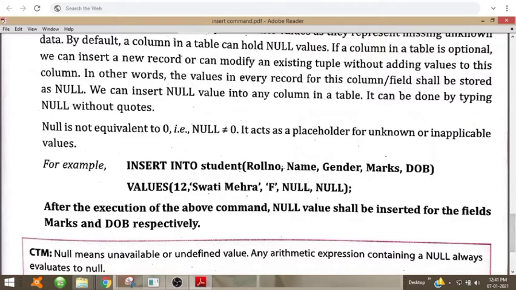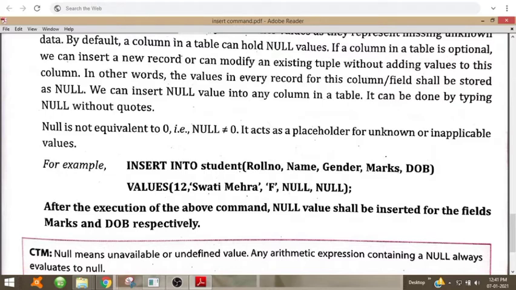You can see this example. Insert into student, roll number, name, gender, marks, date of birth. These are the column names. Then values in brackets: 12 corresponding to the roll number column, then Swati Mehra corresponding to the name column, then F for gender.